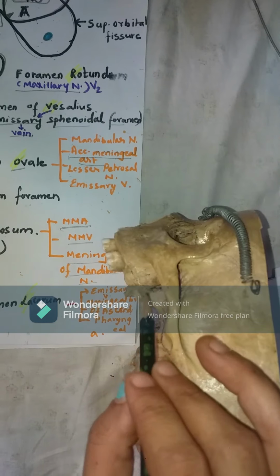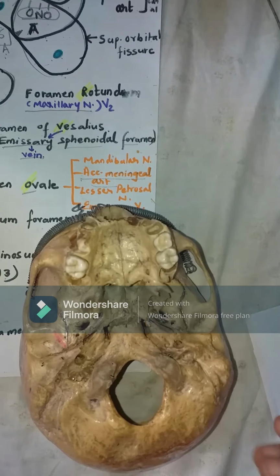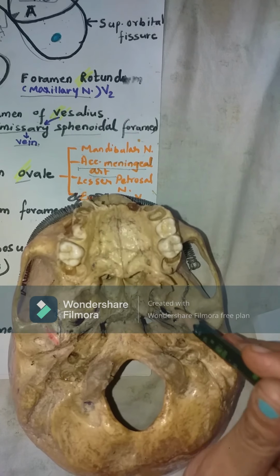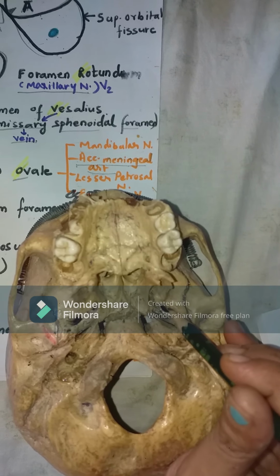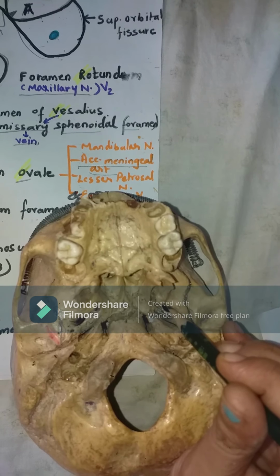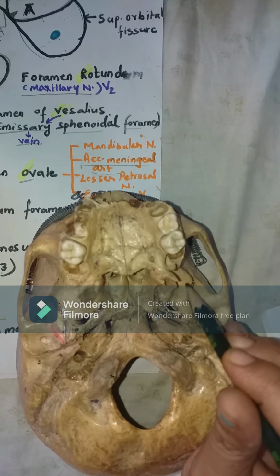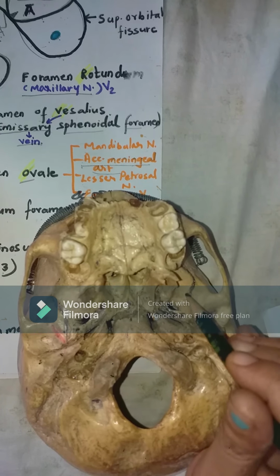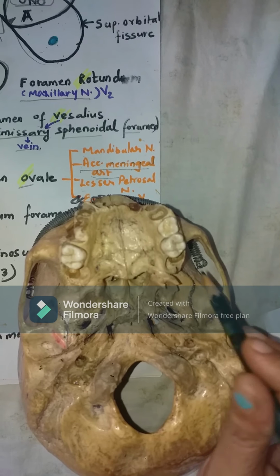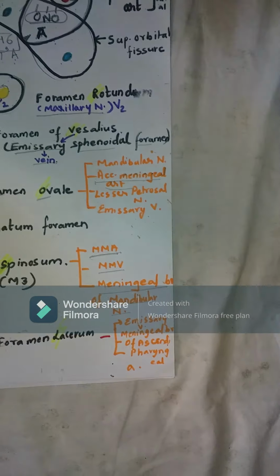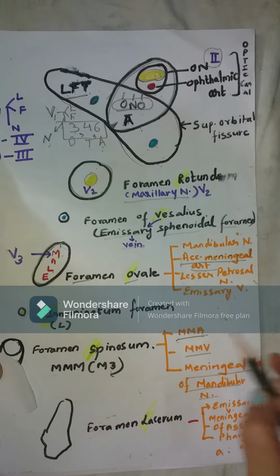So remember that if you see foramen ovale from the basal side, just beneath it is a ganglion. Which ganglion is there just beneath it? The otic ganglion in the infratemporal fossa. That is suspended by the mandibular nerve and maxillary artery. So the mandibular nerve and maxillary artery reign in the kingdom of the infratemporal fossa, and the maxillary artery gives the accessory meningeal artery and middle meningeal artery.